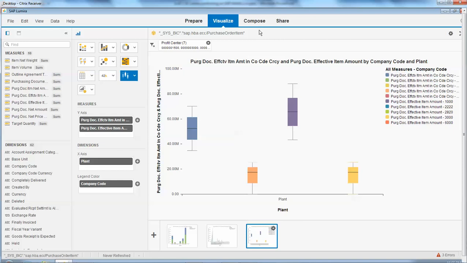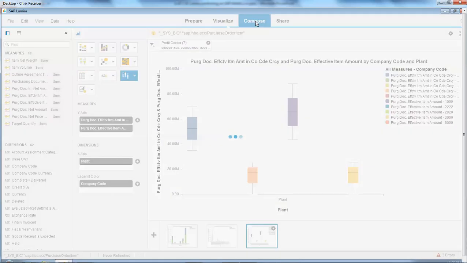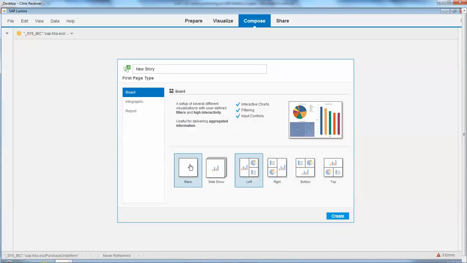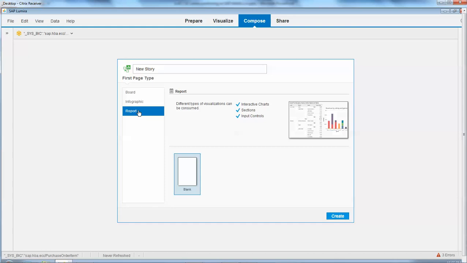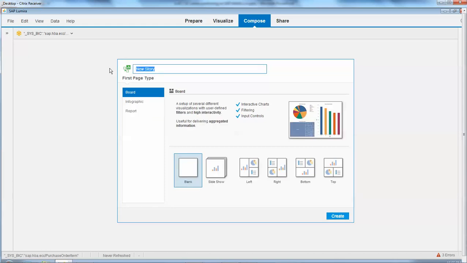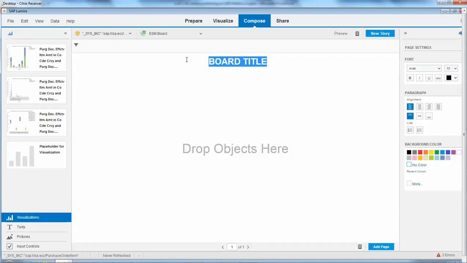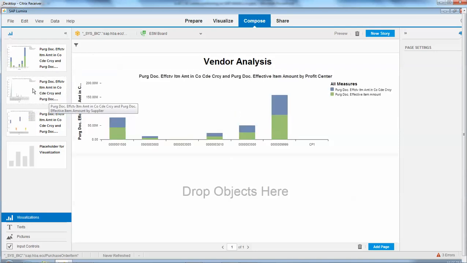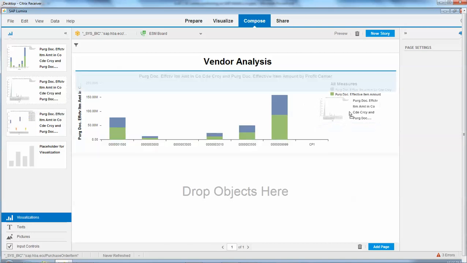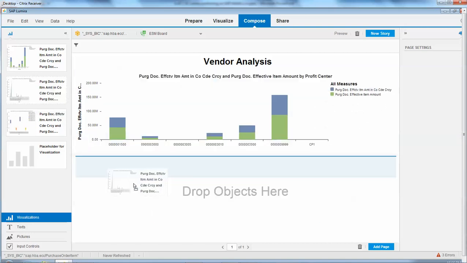If I want to share this into a story, I create compose, and I can choose between a board, which is a kind of a dashboard like you see over here, an infographic, or a report. I create a board, ESM board, which I create, vendor analysis I call it, and I drag and drop the analysis that I created into my dashboard. Put this one over here,